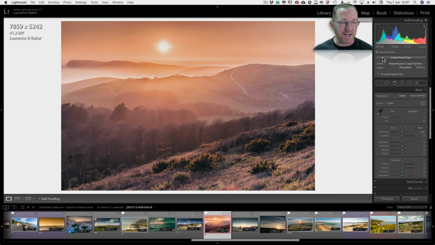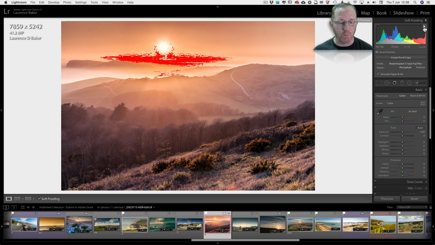Now, create proof copy is something I do straight away, because I believe you shouldn't work on the original file because you're changing the colour space. And to get back to ProPhoto RGB might not be as straightforward as you think. So I normally create a proof copy, but if I didn't and started playing around with saturation, etc., it would prompt me. Now, I'm not seeing what's out of gamut yet because I haven't clicked here,